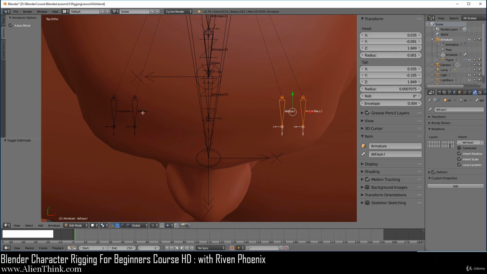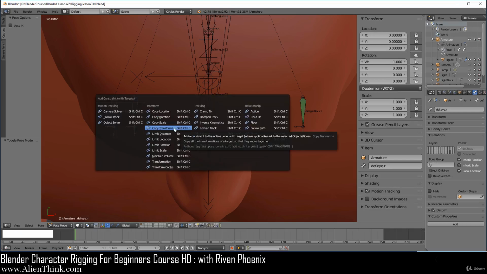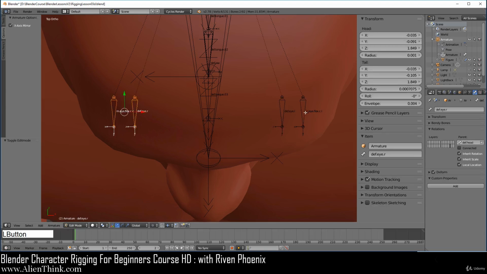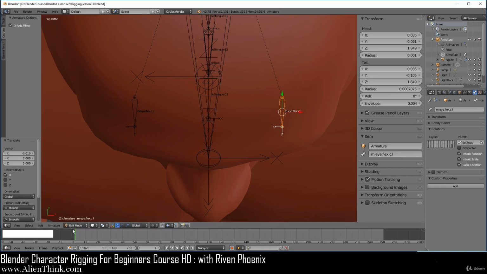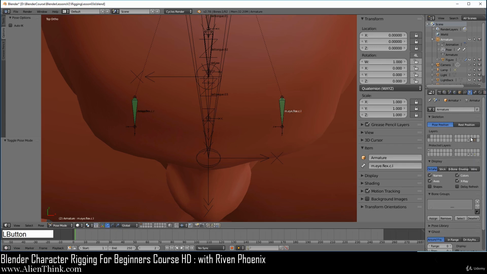Okay, so here we can do the same thing. We can click on this bone first, press the shift key down, click on this one, go ahead and switch to pose mode, do shift control C, and here we can do copy transforms. We also could have done this in pose mode. I just want you to see that you can do this in edit mode. Now go ahead and switch to edit mode, click on this bone, press the control key down and move it back here. Okay, now we can go ahead and switch to pose mode, and over here make sure that only